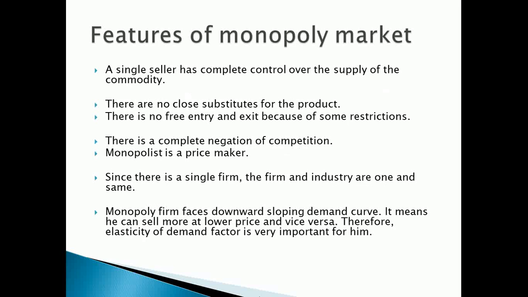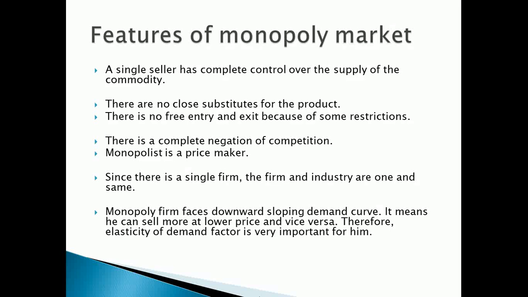Now, the monopolist faces a downward sloping demand curve, and marginal revenue lies below the average revenue curve. Therefore, in monopoly equilibrium, when MC equals MR, it is usually less than price, and price is also the same as average revenue. In the short run and in the long run, there are different equilibrium conditions. In the short run, a monopoly faces supernormal profit or loss. In the long run, the monopoly faces normal profit. So the monopolist maximizes profit at the point where MR is equal to MC.